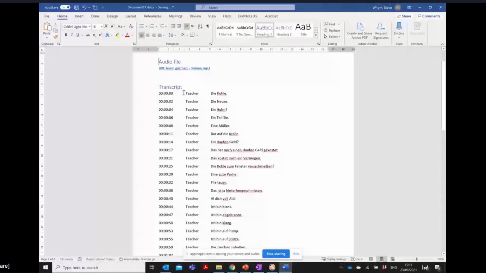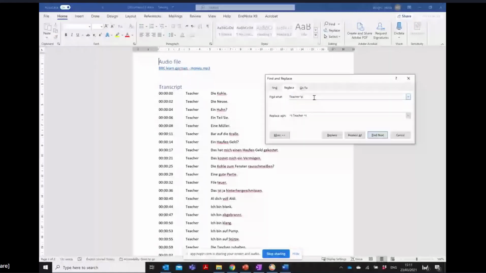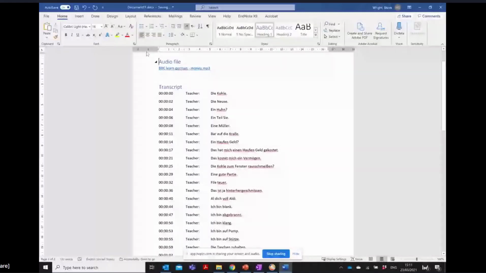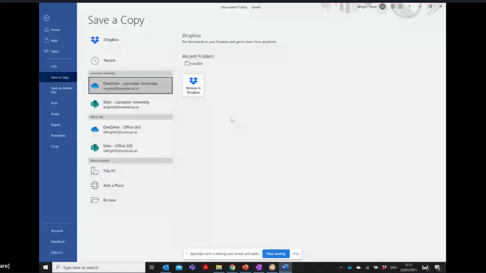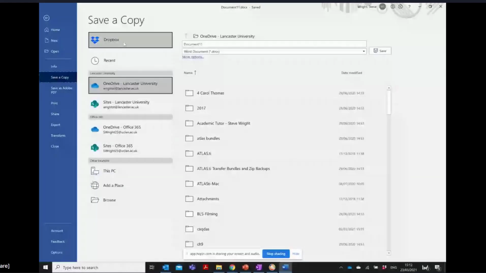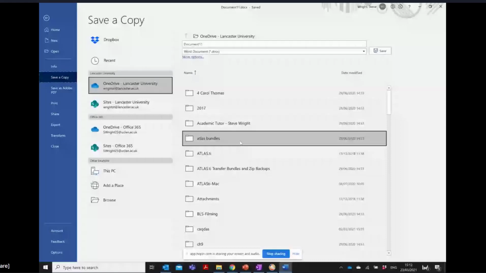Now, for some things in MAXQDA, you do need to add a colon after the word teacher. Should have done that in the previous stage, but I should be okay to do it here. Okay, so I can now save that file. What I haven't done is I haven't chosen to save that to